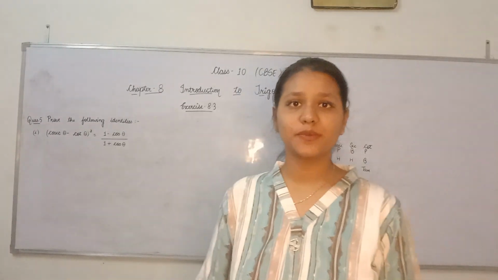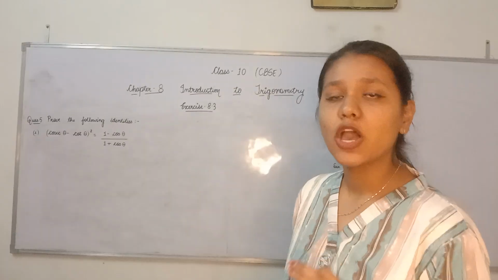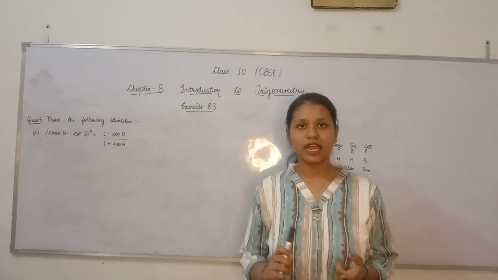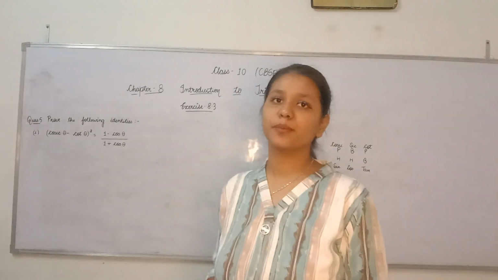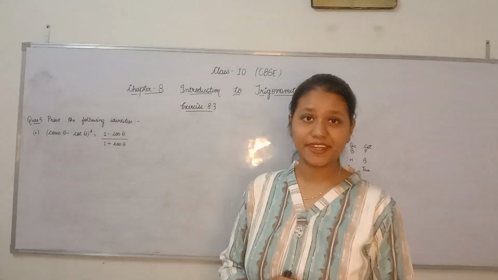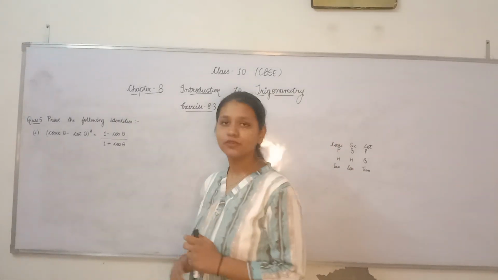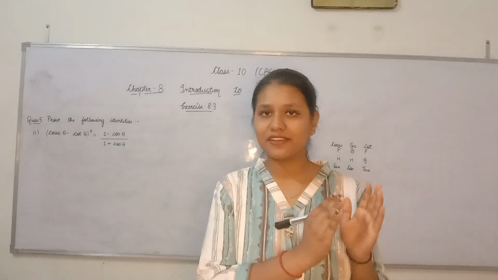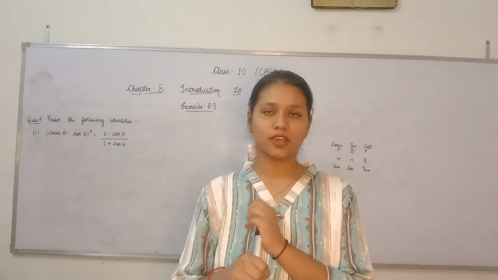Today we will start with exercise 8.3 of class 10, chapter number 8. So we will start in this video with question number 5. The fifth question is: prove the following identities. In this question we have to prove the equality between the left hand side and the right hand side of